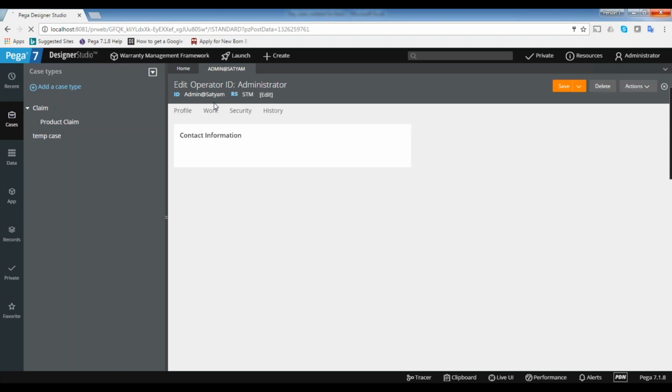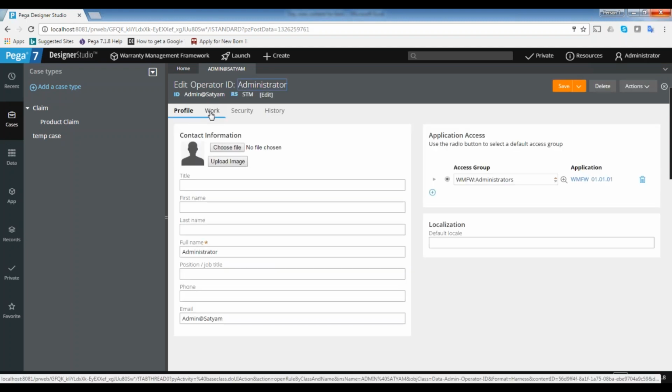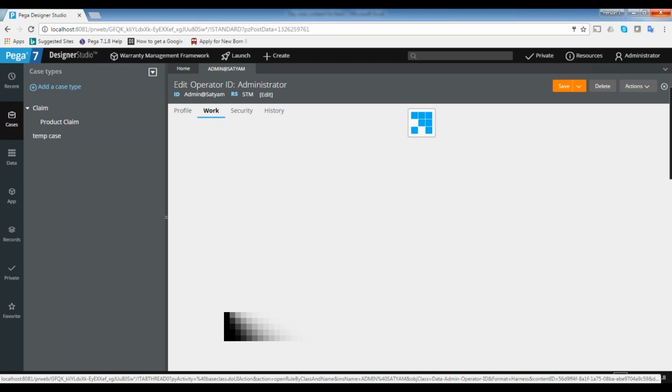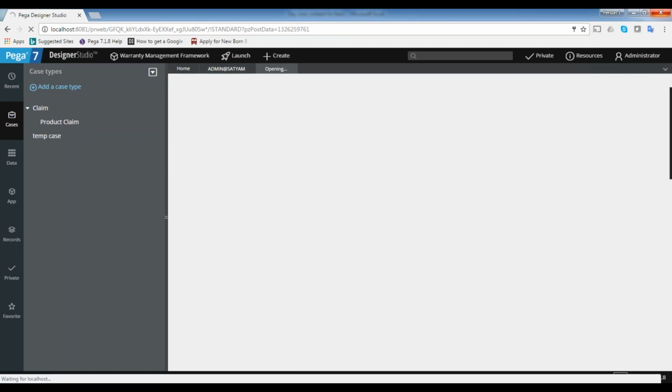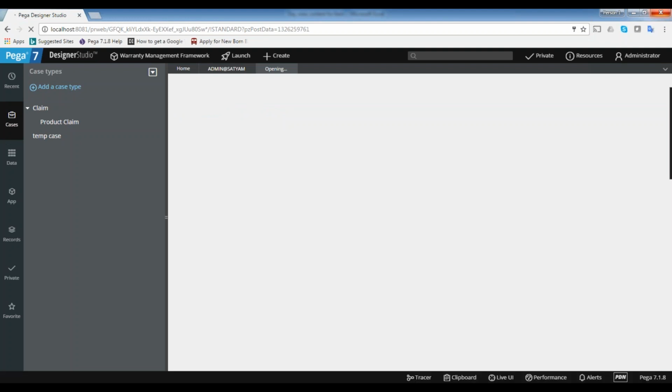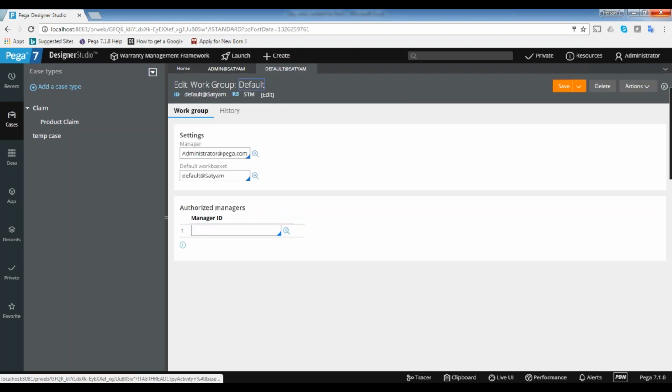Every operator belongs to one work group, and every work group has access to one work basket. That is called the default work basket. That means all the operators who belong to this work group can have access to this work basket. When you open this work group, you can see the default work basket, so all the people who belong to this work group can access this work basket.